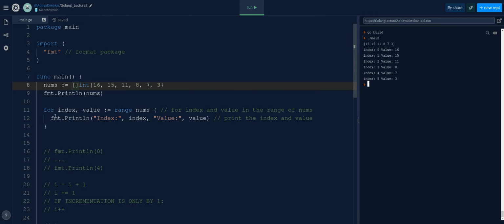So what we're doing now is we're saying for index and value. So this is the index, the index position you're at, and then the next part is going to be value, so that the value is each value in the array. So 16, 15, 11, etc. And that's going to be in